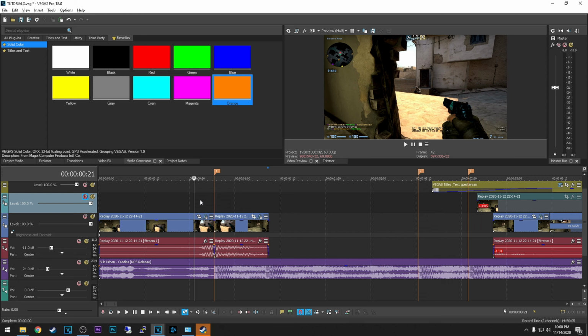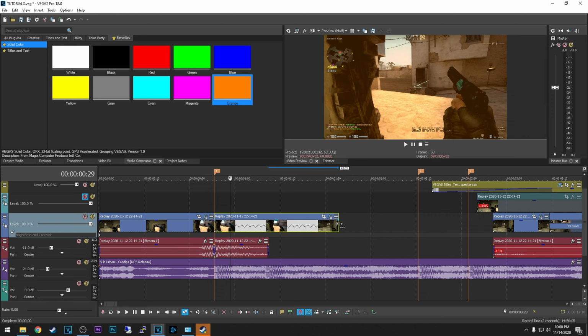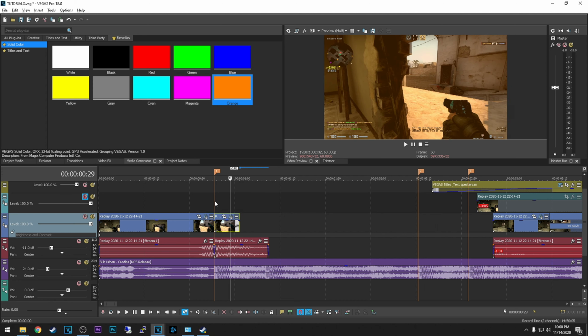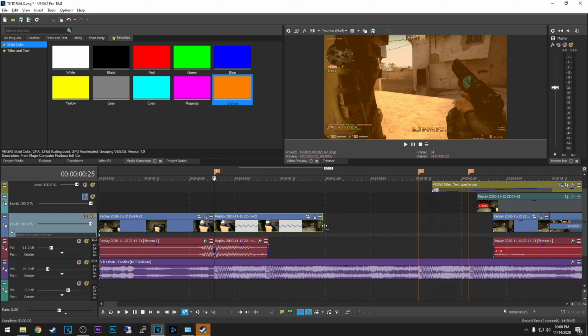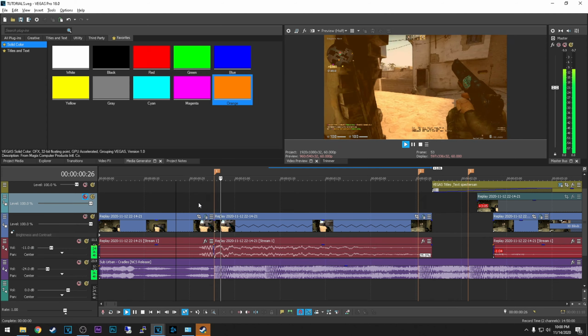Alright, so for slow motion, for option 1, you can apply it by selecting your clip, holding Ctrl and dragging it to the right in order to make it slower. And it goes the other way around. If you want to play this clip faster and at a higher speed, then you go to the left side and it will make the clip smaller. Alright, let's apply slow motion. If you go up to the maximum, it's gonna be around 25%. And let's see how it looks.